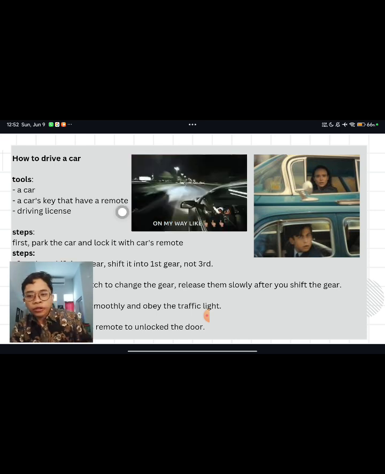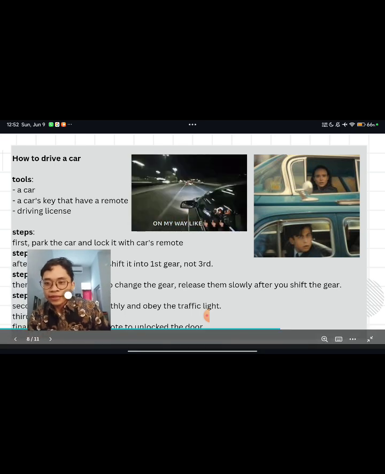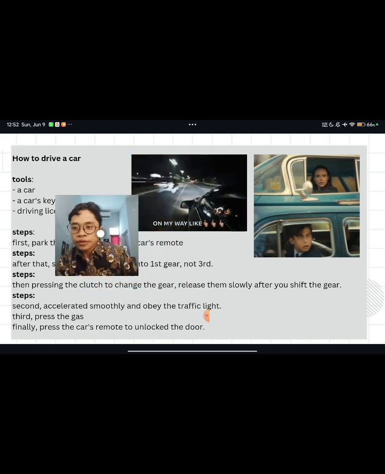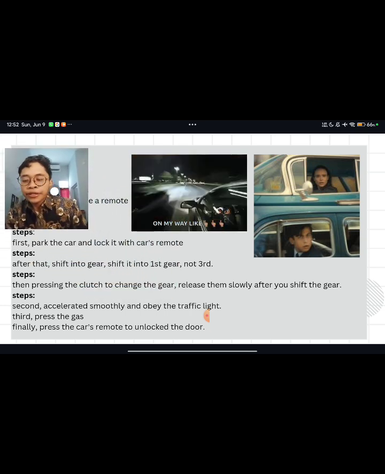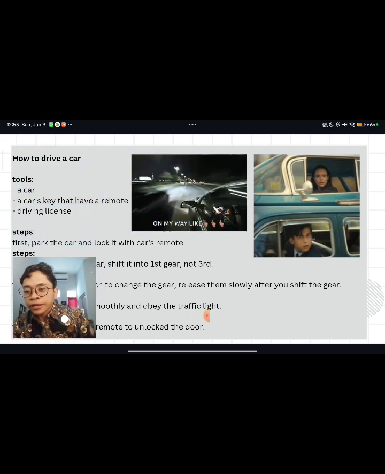So I will give you some time to analyze, ada yang salah nggak dalam text procedure ini gitu kan. The title, the image, is it already true or not? Okay, time's up. I will explain this. But I hope you guys already know the wrong one, or can analyze the wrong part.